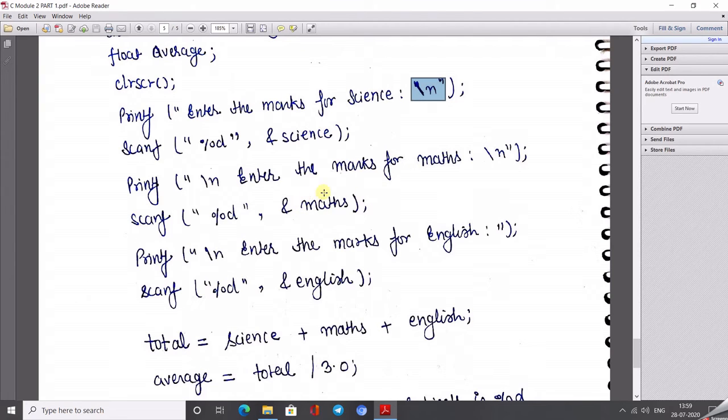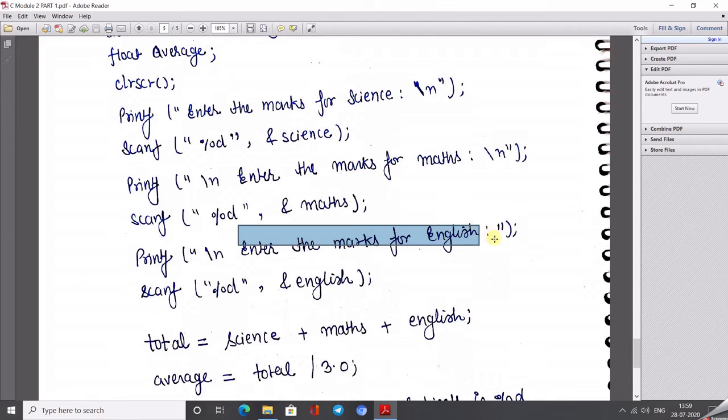The math marks will be entered there, and after that I call printf and again give \n. Then from the fourth line the cursor moves to the fifth line and prints "enter the marks for English language", and after that the English marks will be entered on the same line, not by changing lines.